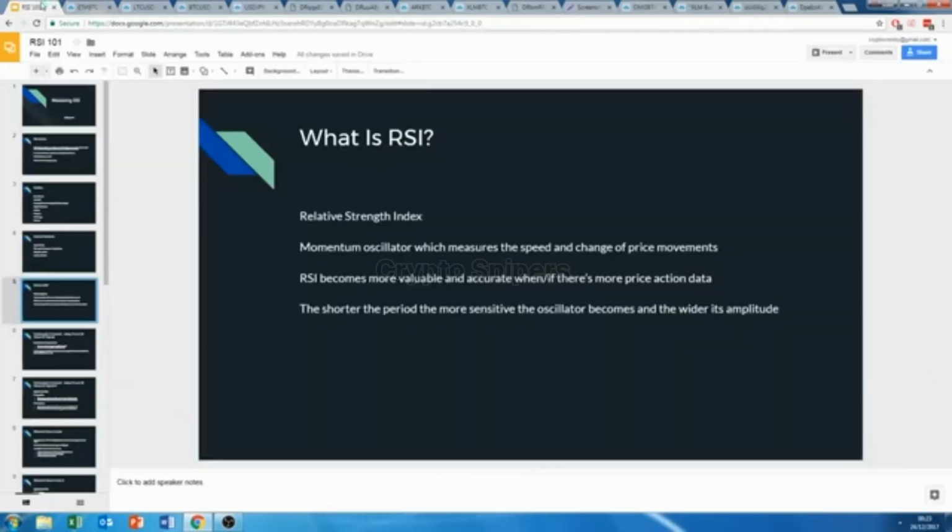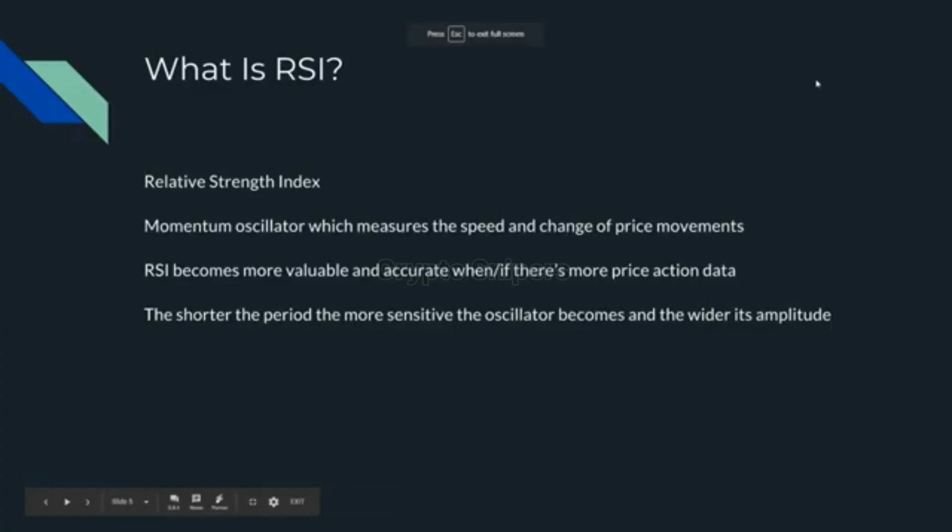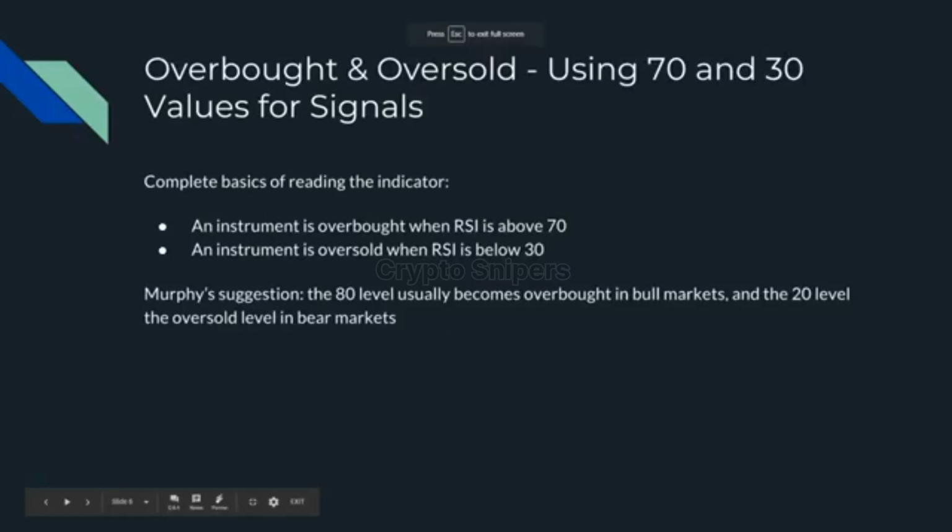Let's get back to the lesson. So the most basic fundamental thing about RSI, and where unfortunately a lot of the analysis stops, is the 70 and 30 lines, which indicate whether an instrument is overbought or oversold. An instrument is overbought when the RSI level is above 70, and oversold when the RSI level